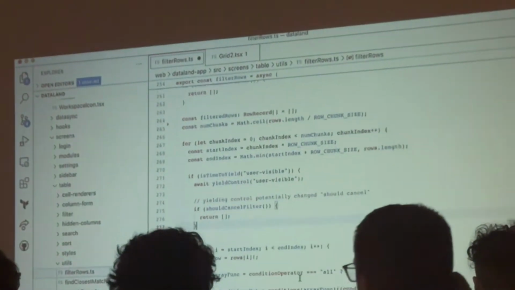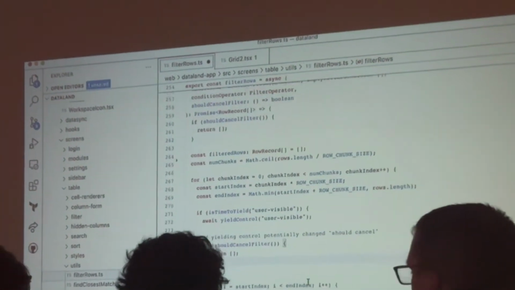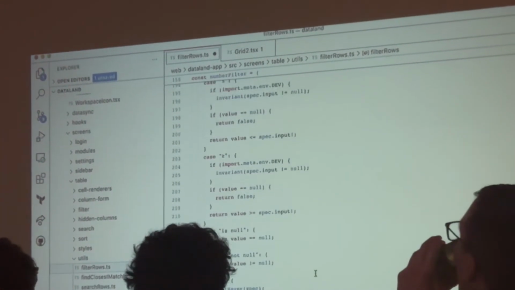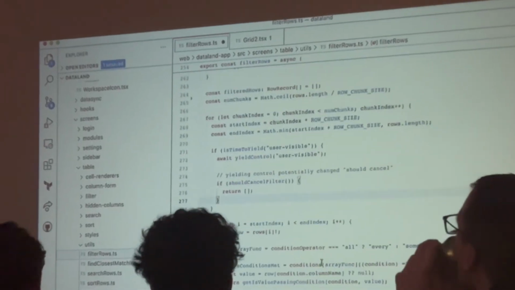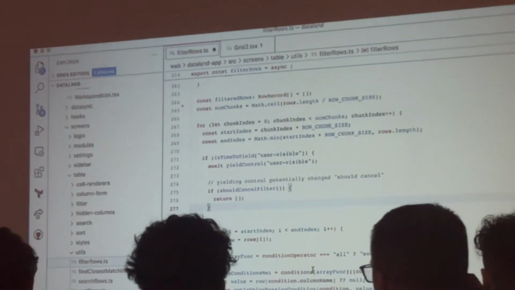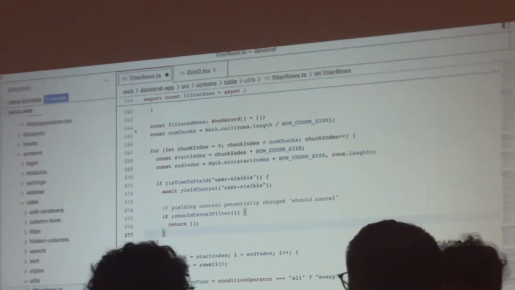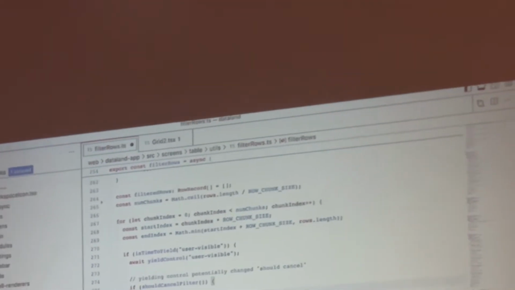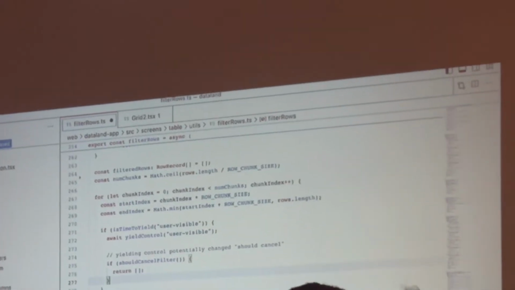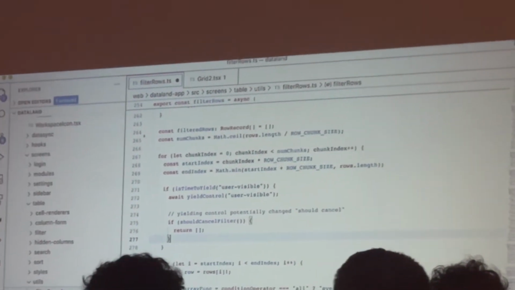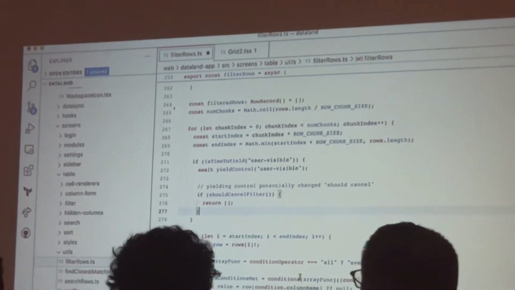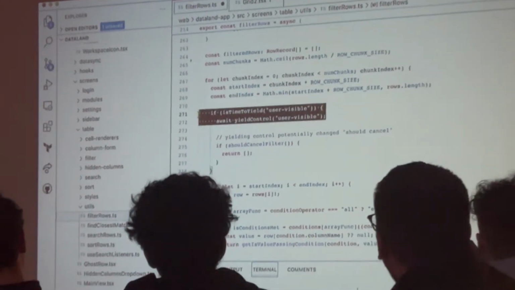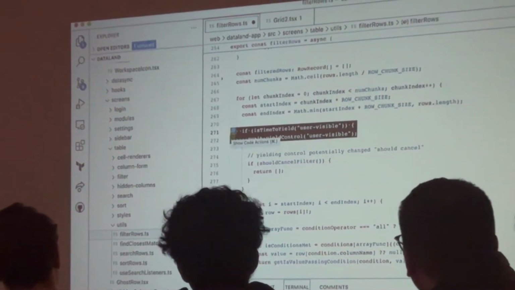So for the filtering logic itself, I'm not really doing anything super special. I'm just trying to allocate as few objects as possible. I'm trying to not use a bunch of pipe chaining, .map.filter, and creating a bunch of arrays of arrays. One thing that is pretty cool here, though, is this part right here, which is how we chunk up the